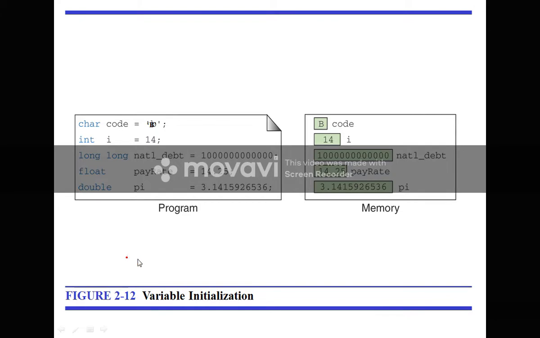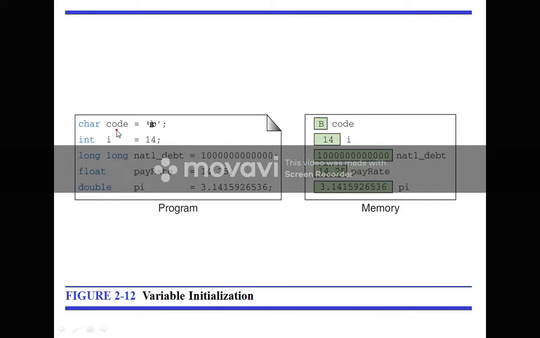Next part is variable initialization. Variable initialization is nothing but we are storing some value into the variable. So here the first example, char code is equal to b. That is nothing but we are storing the B character or B alphabet into the code variable, which has a data type character. We cannot store any number in it.